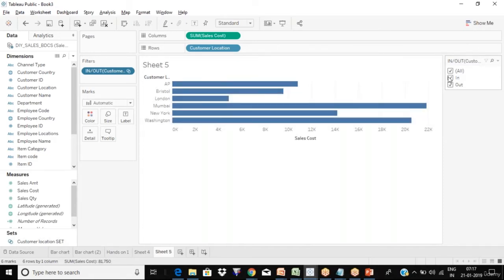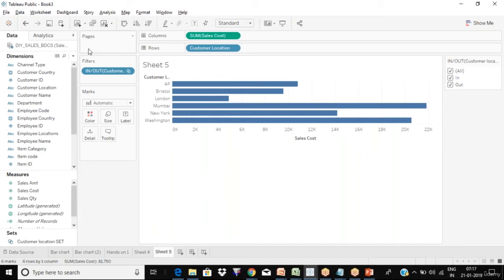Now, this is the way. So you cannot write those where conditions and all that stuff in Tableau. So if you want to do any filtering on any particular column, you would create a set based on that. Now there are two other ways of doing it, but let me give a couple of minutes for you all to do this same task.